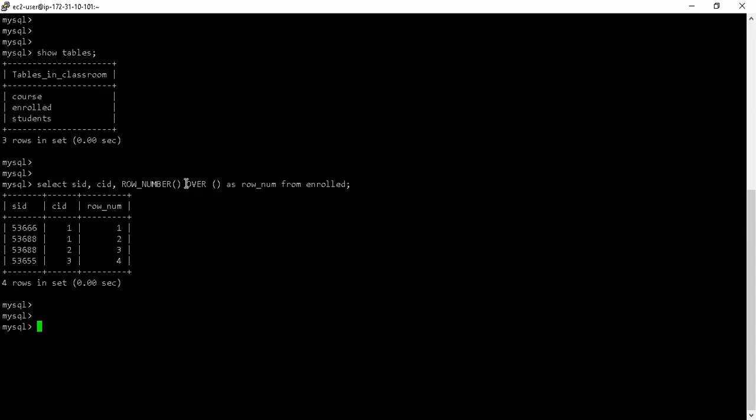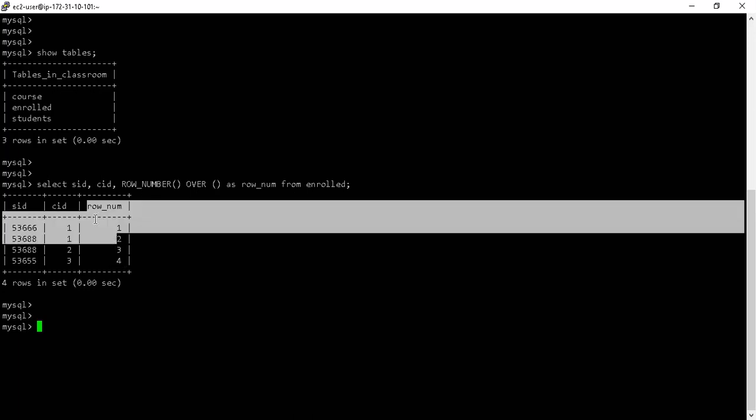We can have order by inside this over block, inside these two brackets. That too is optional. I may want to have it, I may not, but I'm performing this function. This is my window function. The output of this window function is simply to produce a sequential list of numbers, which I can call row number. It is simply giving me row number, and I can place it anywhere.